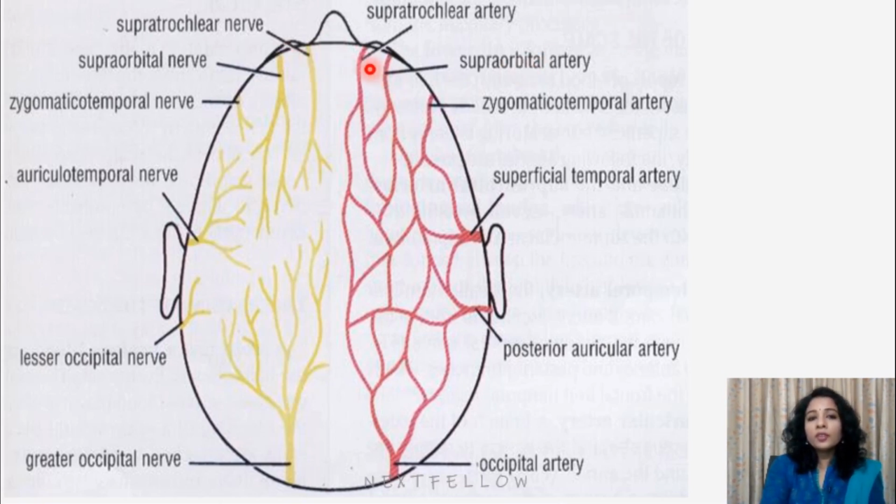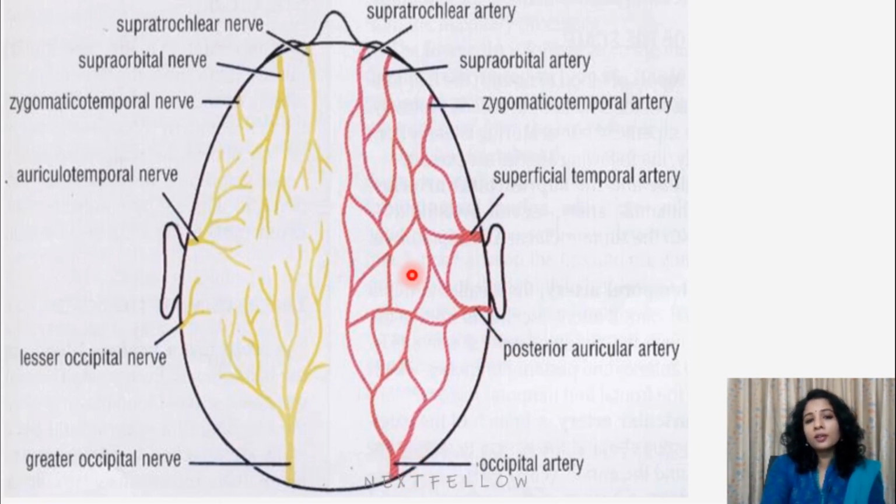In front of the ear, the 3 arteries are supratrochlear, supraorbital and superficial temporal arteries. Supratrochlear and supraorbital are the branches of the ophthalmic artery, which is in turn a branch of the internal carotid artery. Superficial temporal is a branch of the external carotid artery. And posterior to the ear, the 2 arteries are posterior auricular and occipital artery, which are the branches of external